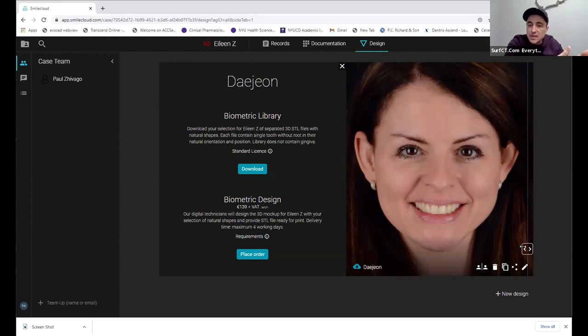the people from SmileCloud, okay, I like this. I don't want to design this. And you place an order and they will generate this for you. You have to give them probably a little bit more. You need to give them the scanned STL of the patient. But they can design it also for you for some cost. But you can also import the library and download the library. So